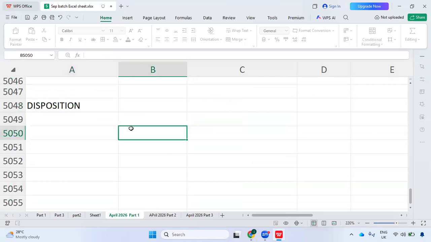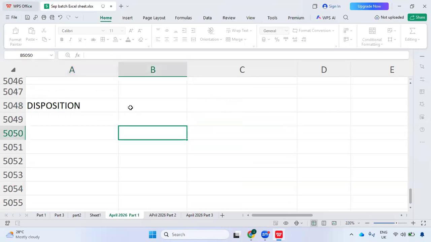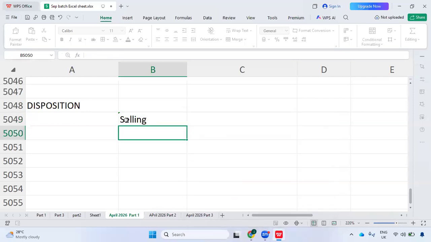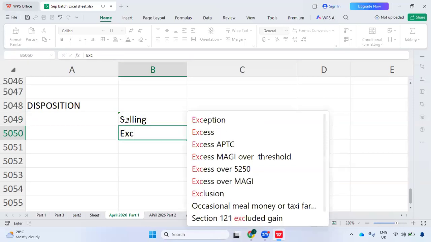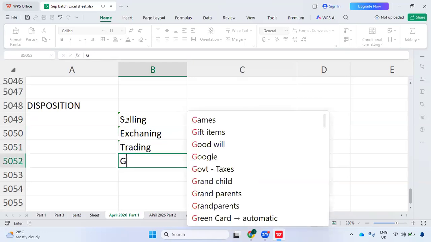In capital gains, there is section 45, under which Indian tax uses the word transfer, but here we use the word disposition. Let's understand what disposition is. Disposition means selling, exchanging, trading, or giving away,